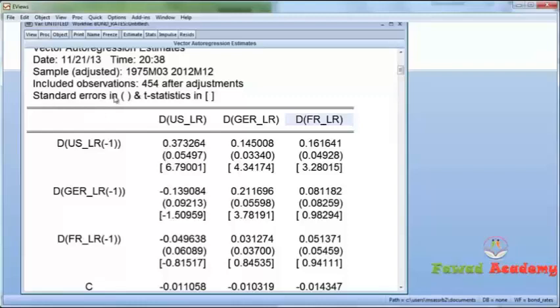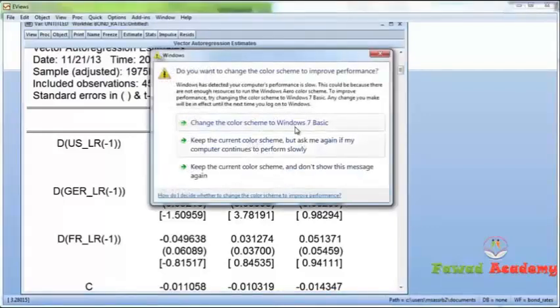In parentheses we have standard errors, in square brackets we have the t-stats, so we'll look at the t-stats. And we'll firstly see that the coefficient to the 1 period US lag is significant certainly in the US equation, certainly in the Germany equation, and certainly in the France equation, all with very significant t-stats, way larger than 2. So the 1 period lagged change in the US long-term rate has an influence on this period's changes in all